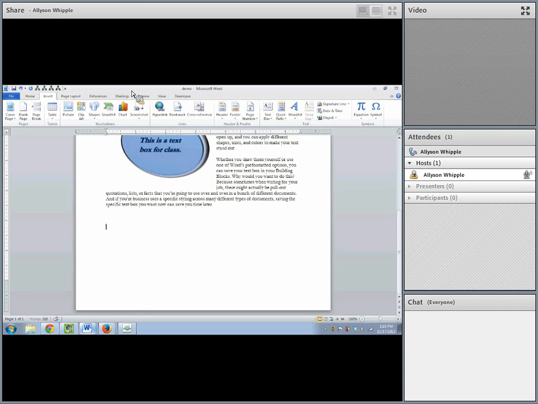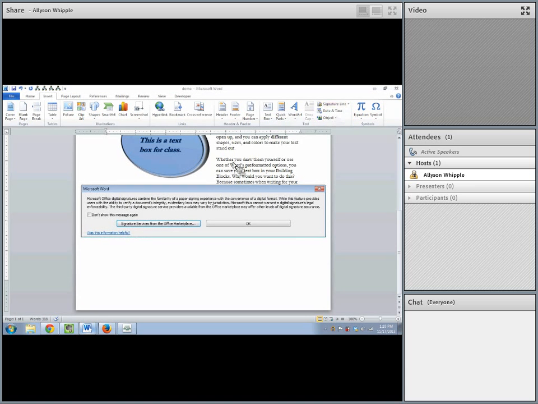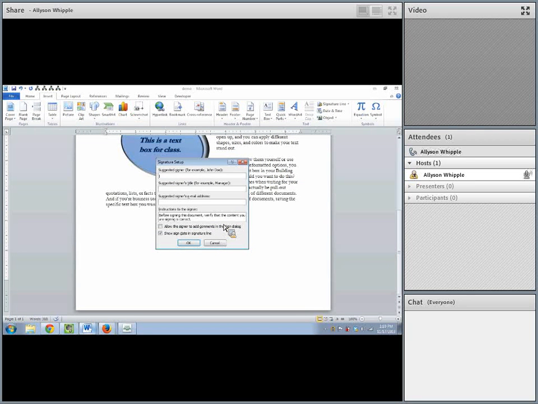So go to Insert, Signature Line. Just click Signature Line. It gives you this legal disclaimer, blah, blah, integrity, laws, jurisdictions, blah, blah. You should read that. And then it'll suggest you go buy special digital signature services from Office Marketplace. We're not doing that. I don't have that kind of money. So click OK. Now it's going to prompt you for a suggested signer. So I'm just going to put